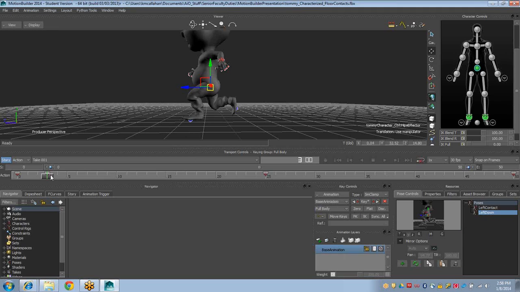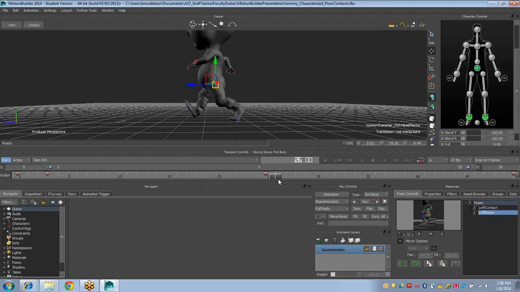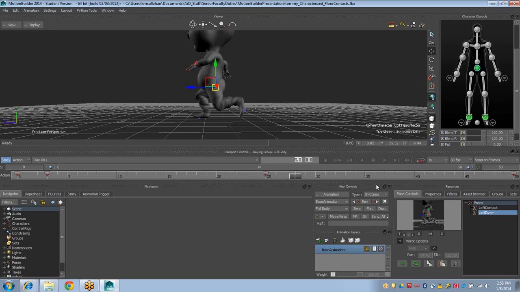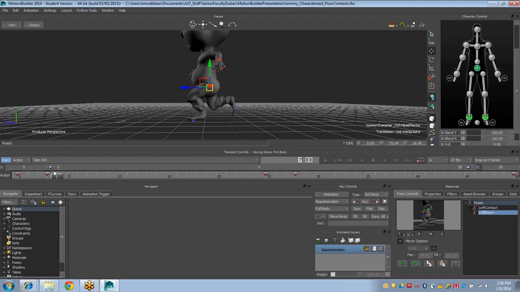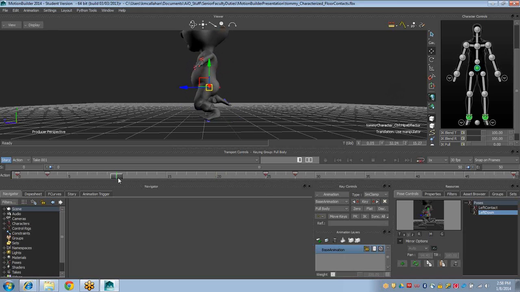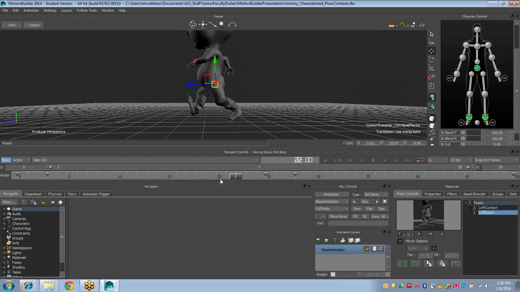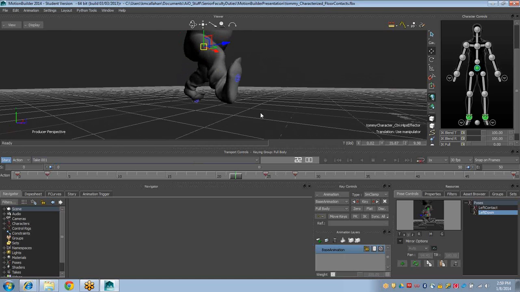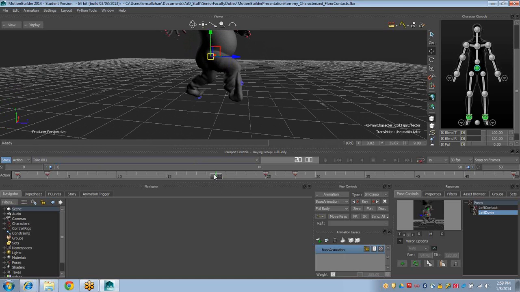And I can go to the opposite pose here, and mirror that so that the right foot comes down on that pose, right? So you can see that very quickly I've set those two poses, and we can see here that we're getting some flipping on the foot. I'm going to show you guys how to fix that in the next presentation, because this is something that happens a lot in motion capture animation, where